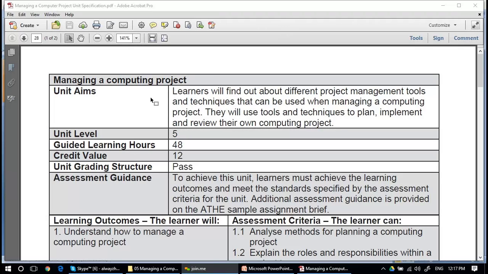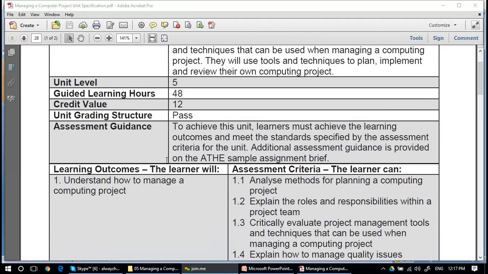Okay, we start a new unit that is managing a computing project. Its first learning outcome is